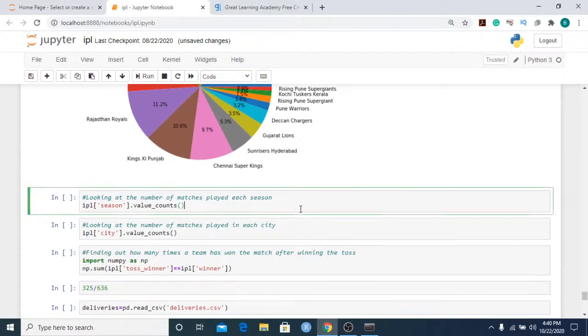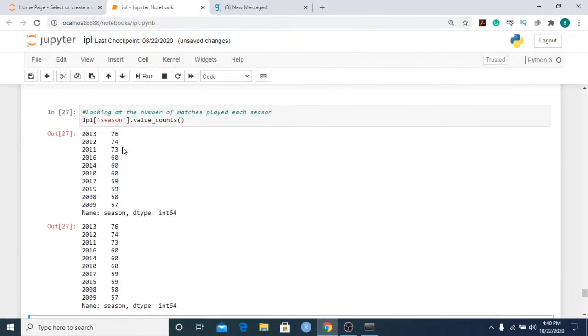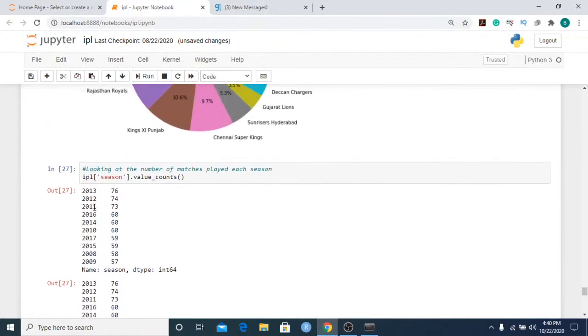Now after this, we also have a column called season. So this will tell us how many matches were played across each season. So I'll just use the value counts method for this. IPL season dot value counts, and you would see that in